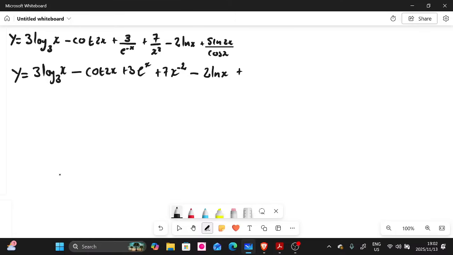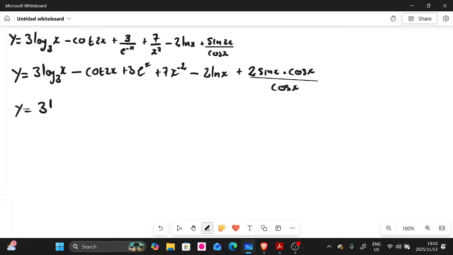The one for cos as well, they are not there. You need to know it. So this is 2 sine x multiplied by cos x. Don't forget, this is divided by cos x, right? Like I said, this is going to be one of the longest questions, so you have to brace yourself, right? So the first term, we are fine. Now it is simplified as well.